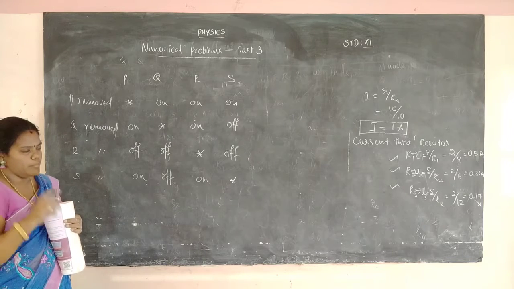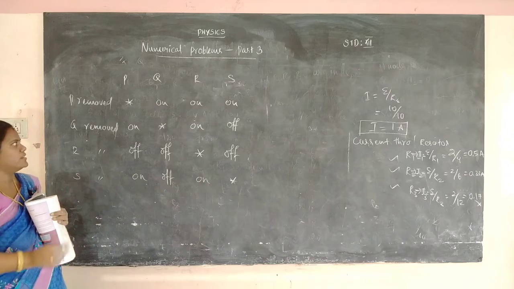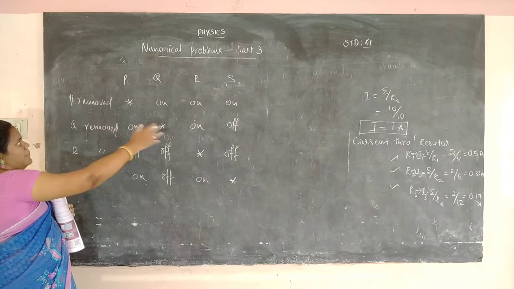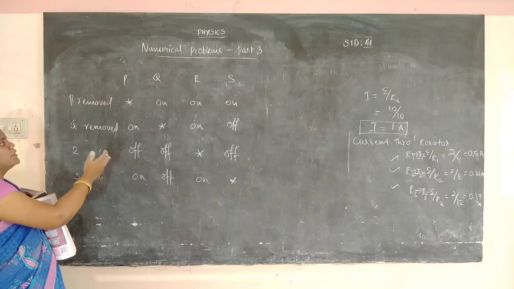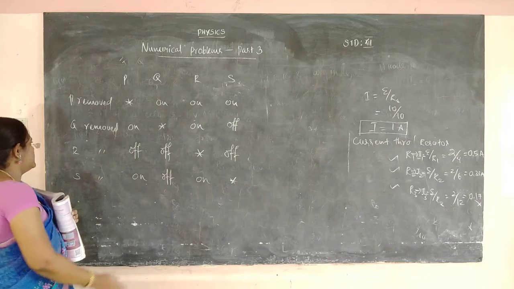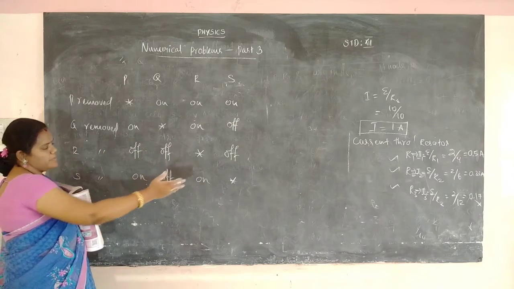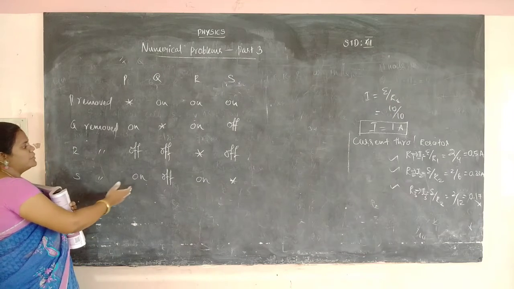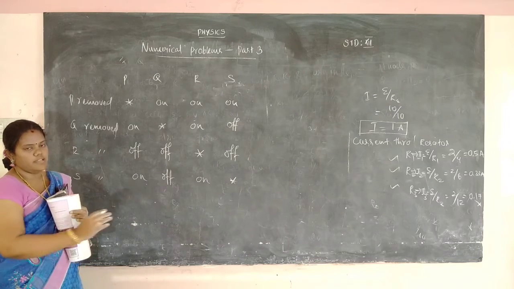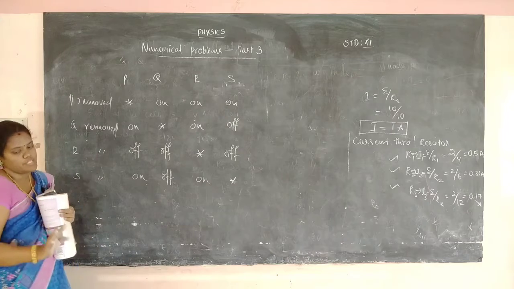ஒரு டைம்ல ஒரு பல்பை நீங்க ரிமூவ் பண்றீங்க, அப்போ இந்த மாதிரி உங்களுக்கு ஃபீச்சர்ஸ் வருது. B ரிமூவ் பண்ணும்போது எல்லாமே ஆன்ல இருந்துச்சு, Q ரிமூவ் பண்ணும்போது 2 பல்ப்ஸ் ஆன் ஆச்சு, ஒரு பல்ப் ஆஃப் ஆயிருந்துச்சு, R ரிமூவ் பண்ணும்போது 3 பல்ப்ஸ்மே ஆஃப்ல ஆயிட்டு, S ரிமூவ் பண்ணும்போது 2 பல்ப்ஸ் ஆன் 1 பல்ப் ஆஃப். இதுக்கு ஏற்ற மாதிரி ஒரு சர்க்யூட் ட்ரா பண்ணுன்னு கேட்டிருக்காங்க.